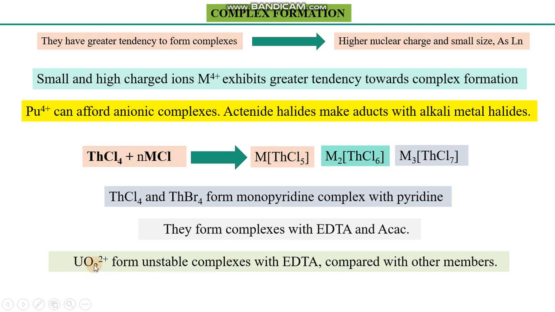The uranyl ion, which is an oxycation, was a characteristic of the actinide series. They form unstable complexes with EDTA because most of the reactivity has been utilized for the formation of this oxycation species. So